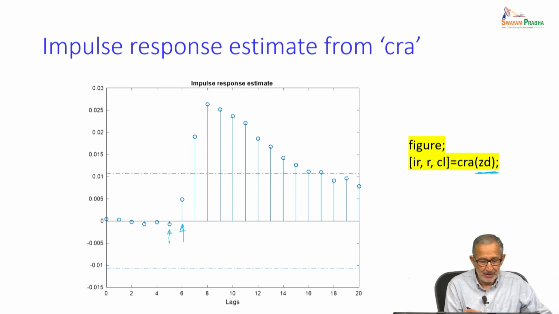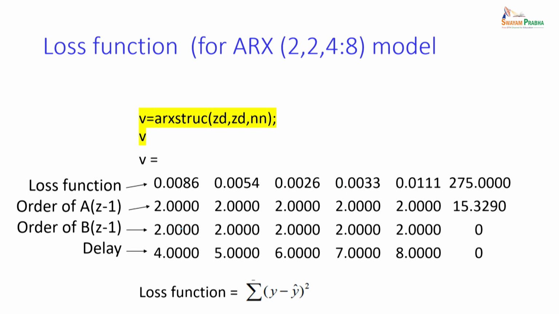So this will tell us that the delay is very likely 6 sample intervals, and to determine if it is 5 or 6 sample intervals, we obtain